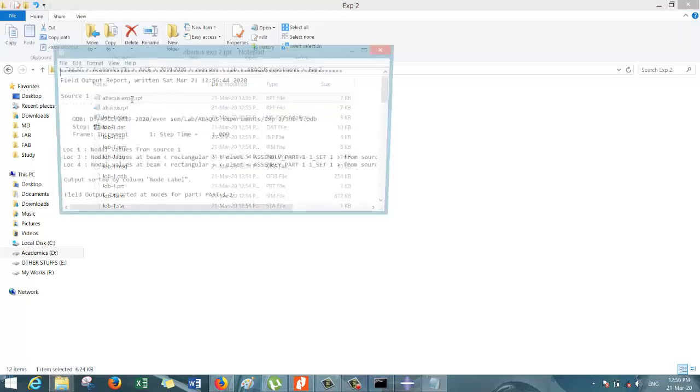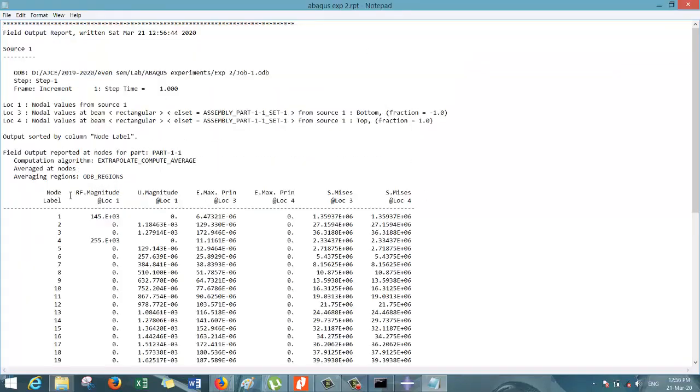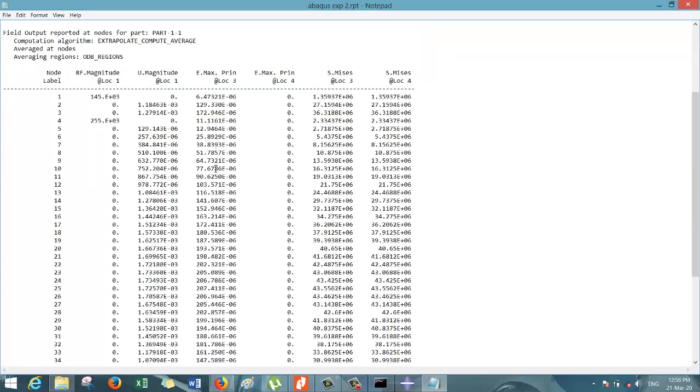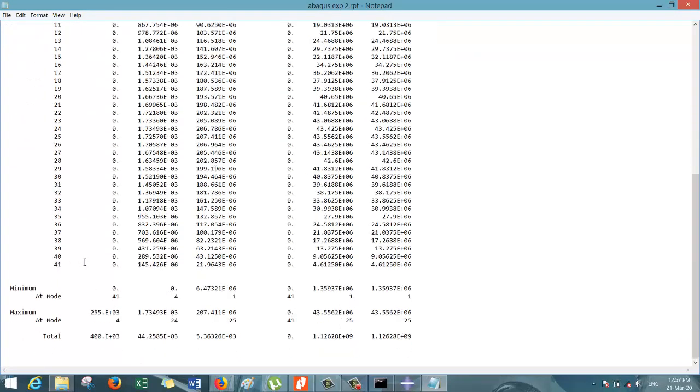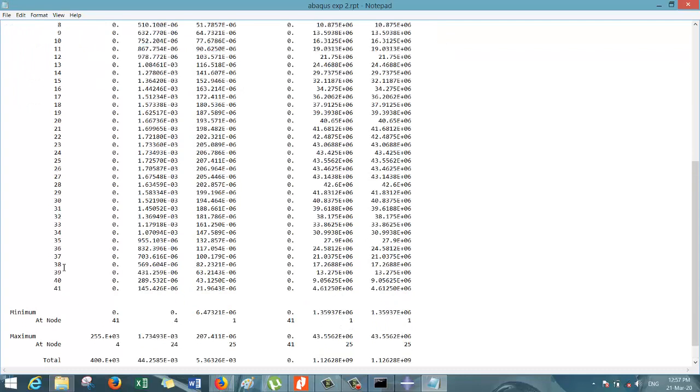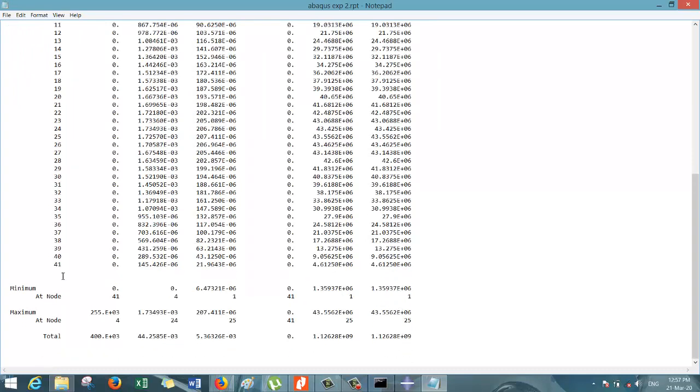So now this is the report generated by Abaqus. In that we can see that the total number of nodes is 41. The number of elements will be 1 less than the total number of nodes.